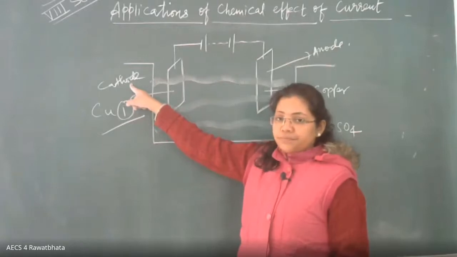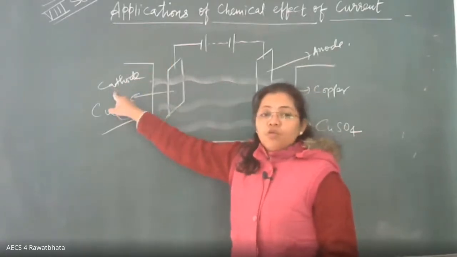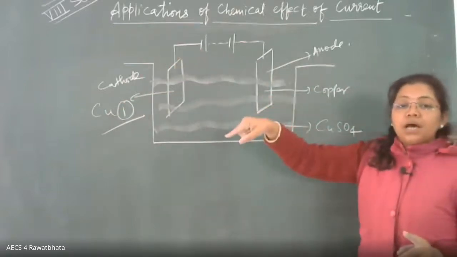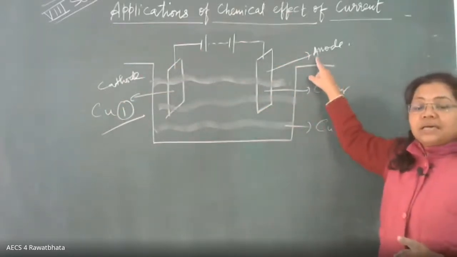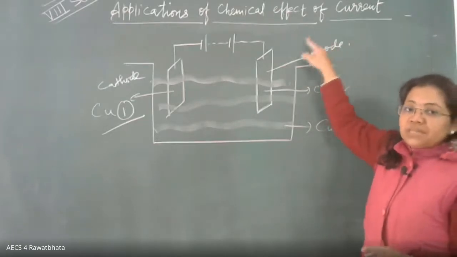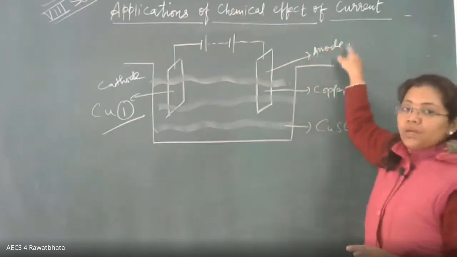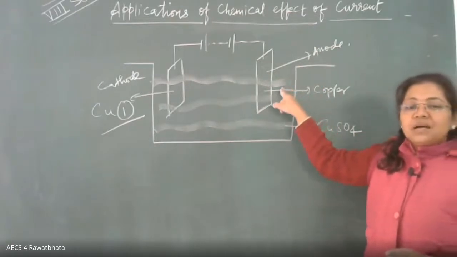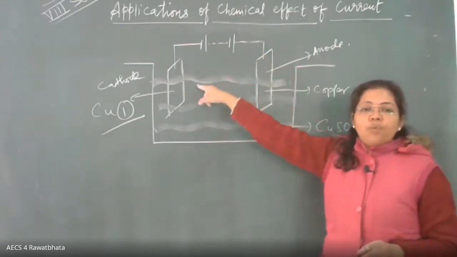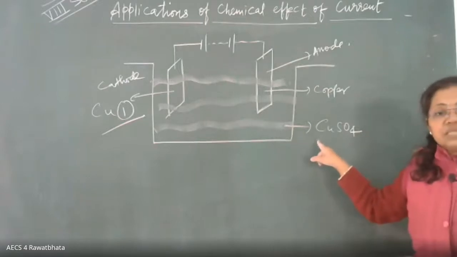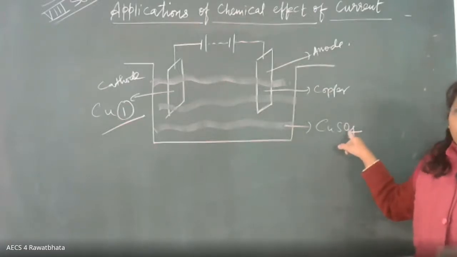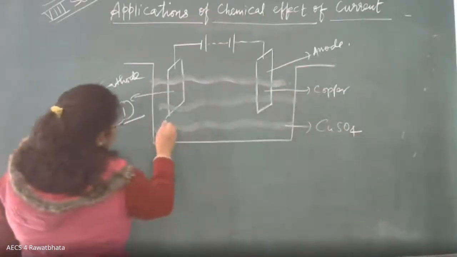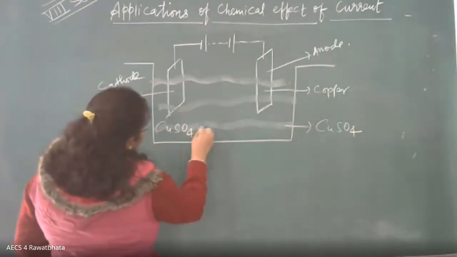Yes. So we have to make that material the cathode. जिस मटेरियल की लेयर हमें बनानी है उसको हम बनाएंगे कैथोड, और जिस मटेरियल की हम एनोड बना रहे हैं उसी का हम लेंगे सॉल्ट। तो यहाँ पर कॉपर को ही हमें डिपॉजिट करना है दूसरे कॉपर पे, तो मैंने यहाँ पर कॉपर का सॉल्ट लिया CuSO4। So what happens basically when we pass electricity, this copper sulfate in solution,